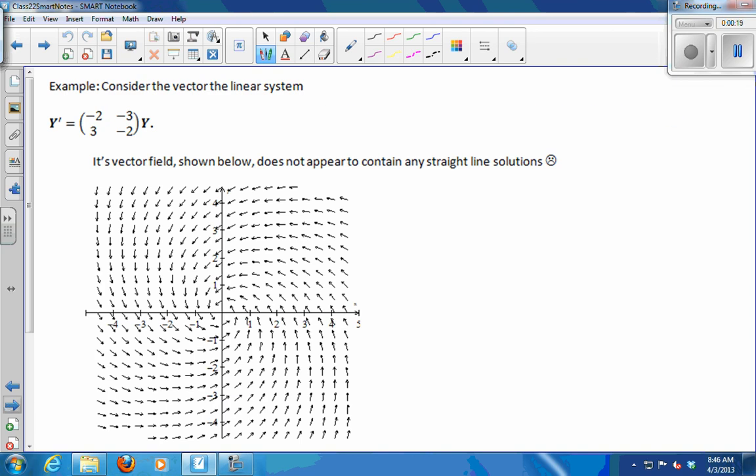Okay, so here's a linear system, negative 2x minus 3y and 3x minus 2y. Right? So here's its vector field. It does not appear to have any straight line solutions. It looks like all the solutions are kind of swirling around the origin. So that's kind of sad because the straight line solutions were what motivated all of the algebra that we've been learning